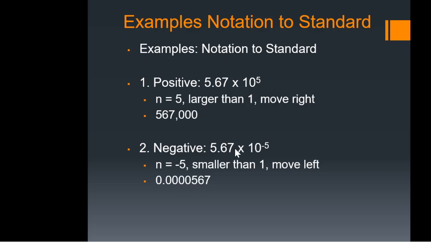We have 567,000. Here we have a negative one. And let's look at the same number, 5.67 times 10 to the negative 5th. What would we do? So negative means thumbs down. It means it's smaller than 1. If we moved it this way, we get numbers bigger than 1. So we're going to need to move it to the left. And the n goes negative 5, so we're going to need to move it to the left. So it starts here. 1, 2, 3, 4, 5. We fill in with zeros. And so our number becomes